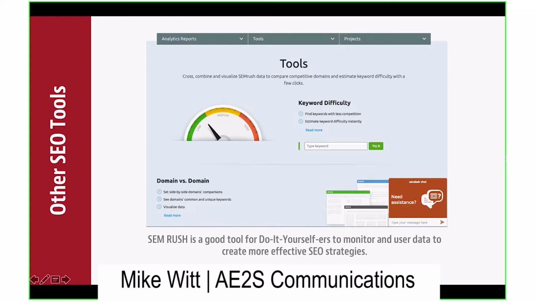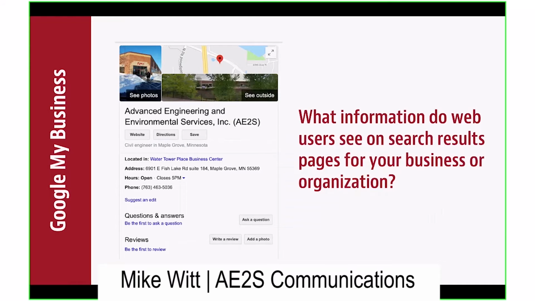So I'm going to hand it over to Trish so she can talk about Google businesses and managing what a user will see when they type in a search, just managing this little section of information that people will find when they do a search.